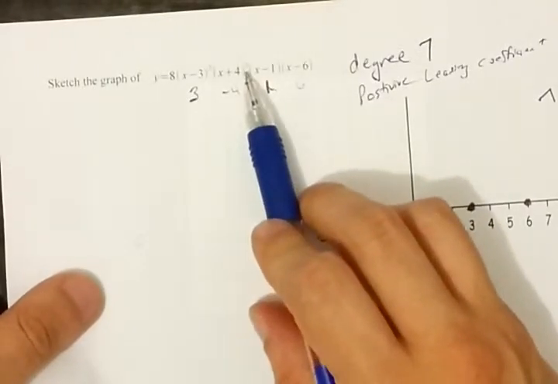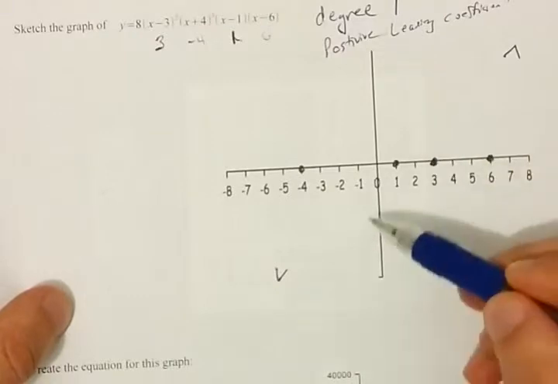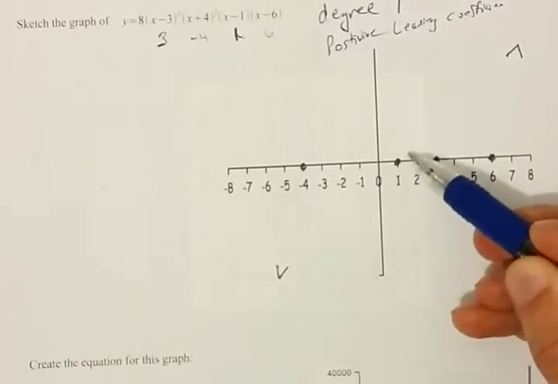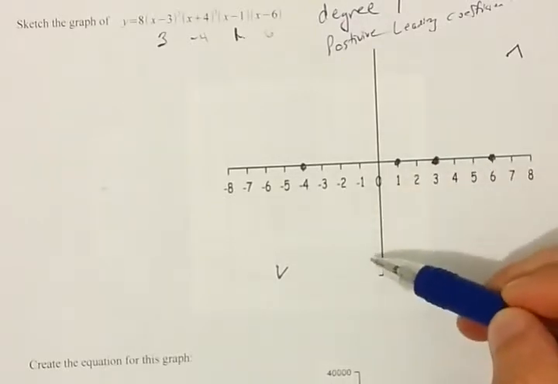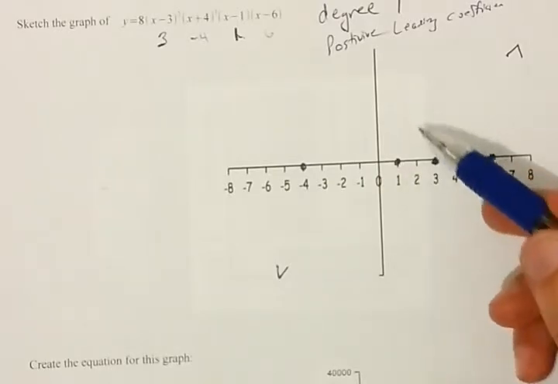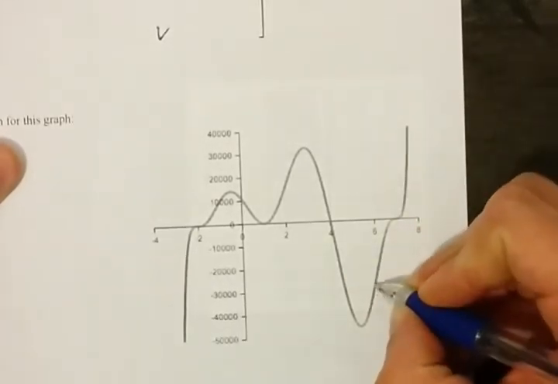X cubes also don't go straight through the intercept, and they don't bounce off. Instead, there's a little jog in the line. It still goes through the asymptote, but you're supposed to curve towards it and then curve away from it. Here's an example. You can tell this isn't a straight line. It's getting closer